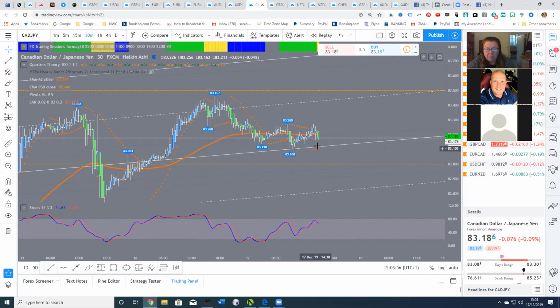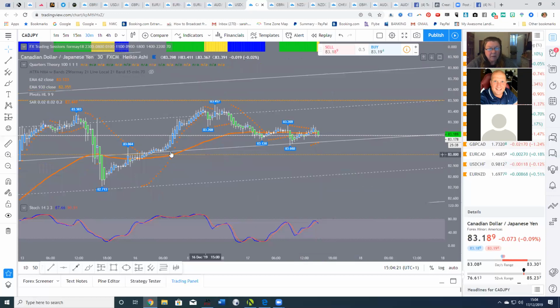So you've probably only got this gap here before it decides, is it going to come down to 83 flat, or is it going to turn round and come back up? As I say, we don't usually trade off the 30-minute. I think that actually I'm not sure, because the CAD's getting weaker, the Canadian dollar is getting weaker, but certainly we've still got the 62 above